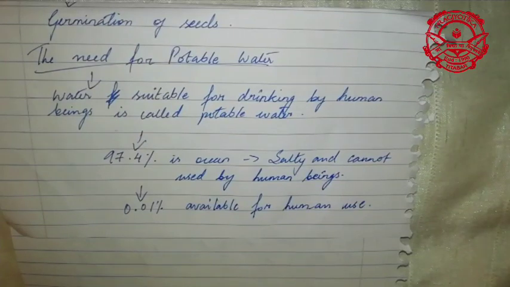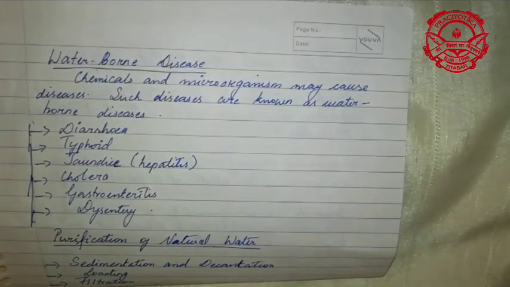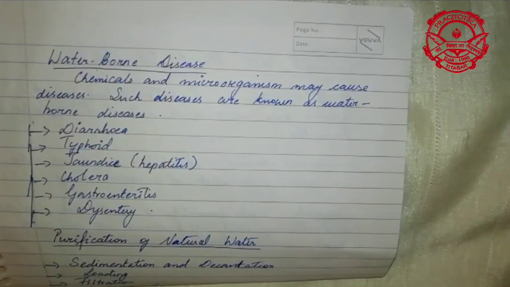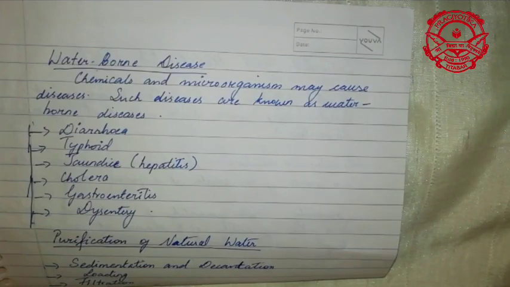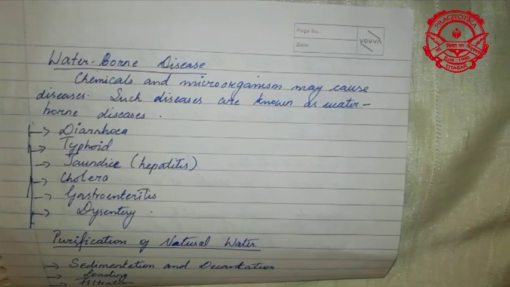Okay, I haven't written down the characteristics of drinking water. You can refer to your textbook, page 78. The characteristics of water: first of all, it should be transparent, that means it should not contain any color. Second, it should be odorless and colorless, meaning it should not have any smell or any color. The third is that your water should contain minerals essential for our body. And the fourth is that it should be free from harmful microorganisms which can cause diseases.